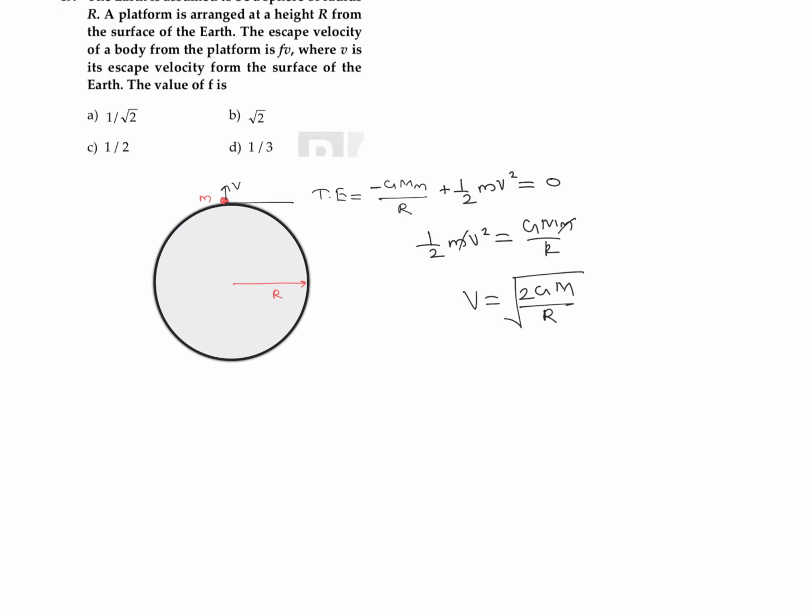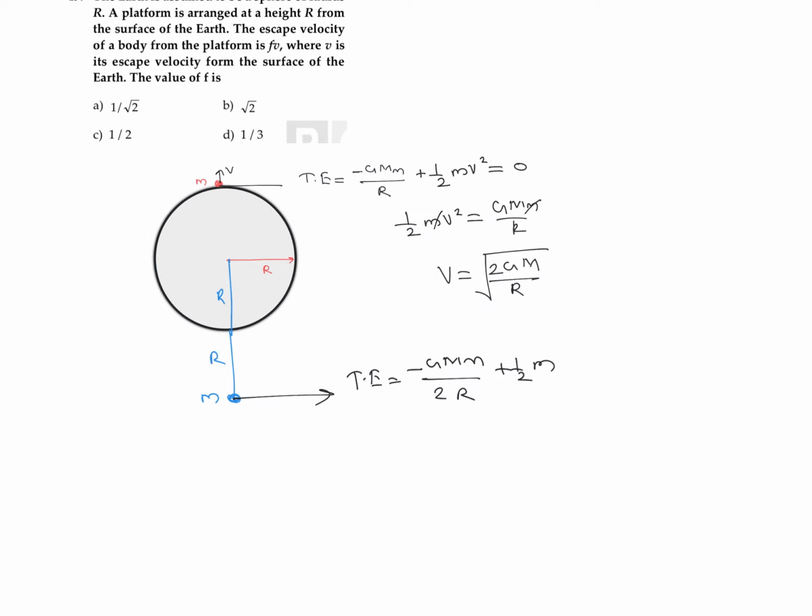Now in the second situation, they have given that this object is at a height r from the surface. So assume that the object is somewhere over here. From the center, this is at a distance that is equal to 2r. So over here, if you are writing the equation for its total energy, then it's going to be minus of GMm divided by 2r, which is the distance. So we need to supply an amount of energy, let's say half into m into